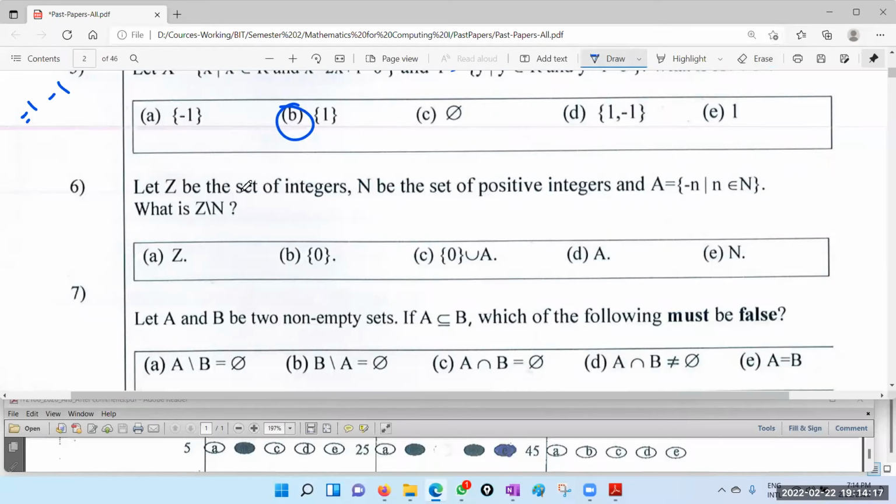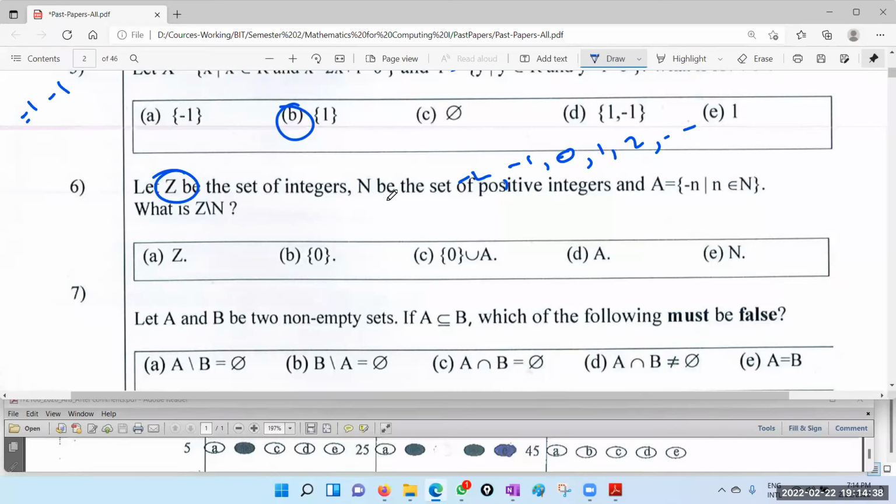Question 6. Let Z be a set of integers. Right? Integers means negative and positive whole numbers including 0. Right? Minus 1, 0, 1, 2, and minus 2, etc. And A is minus n, where n is a